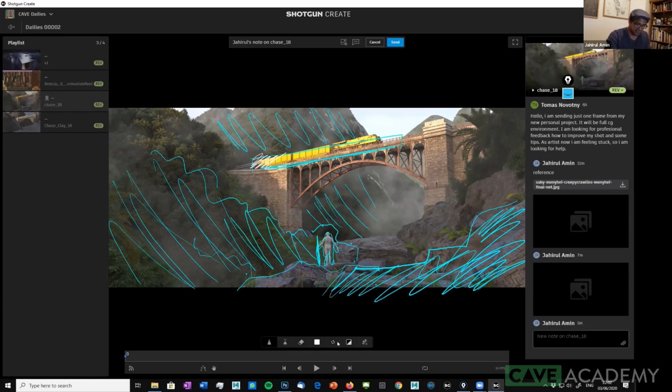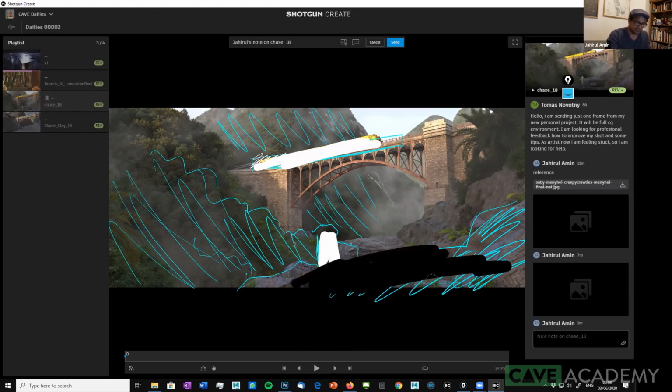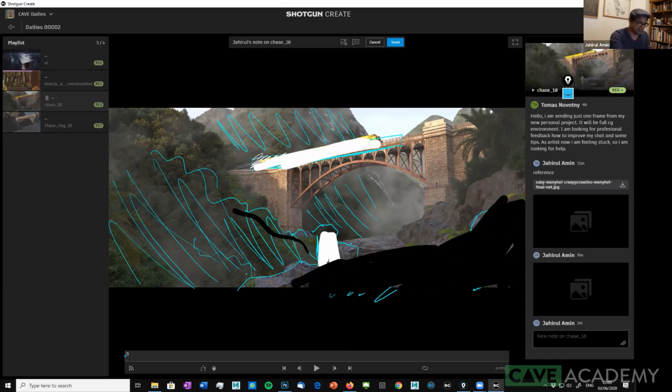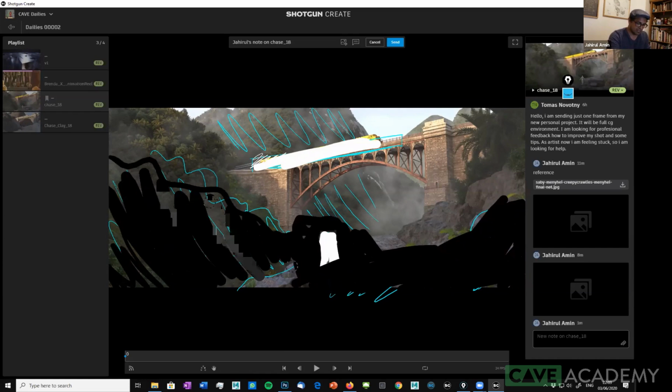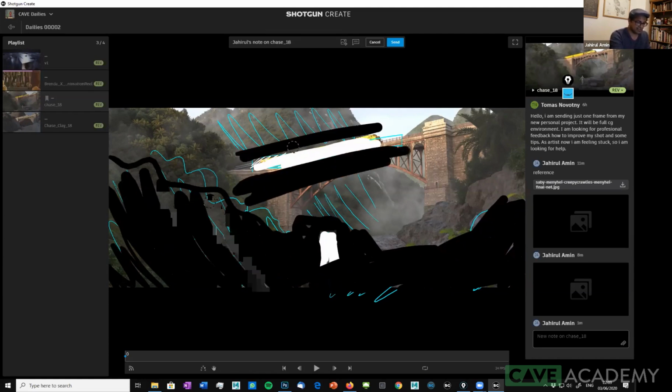This pen is tiny, isn't it? So if we do this, sorry, very quickly, it's going to be crude as anything. But if we just do that, our eyes are naturally going to go to the brightest part of the image. And obviously don't make it black, make it different shades of gray. I'm just doing this very roughly because I can. But if I just do that around him or her, and this, I'm just overexaggerating,